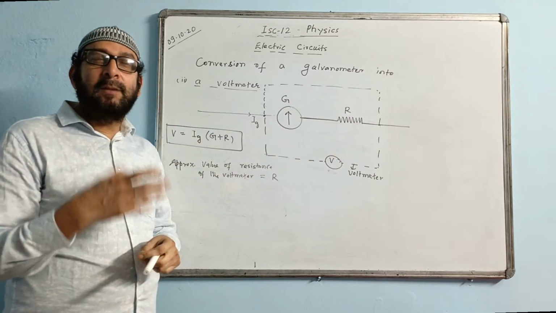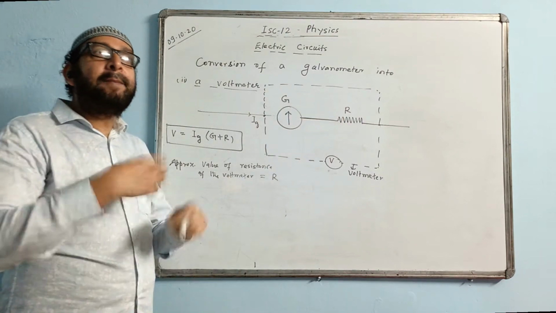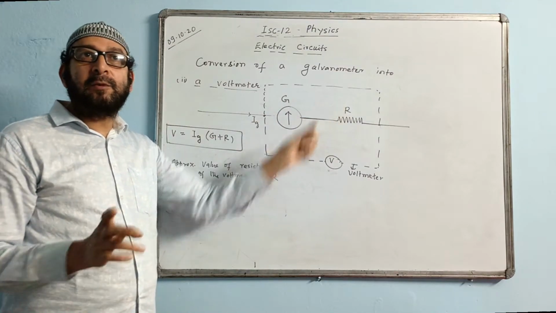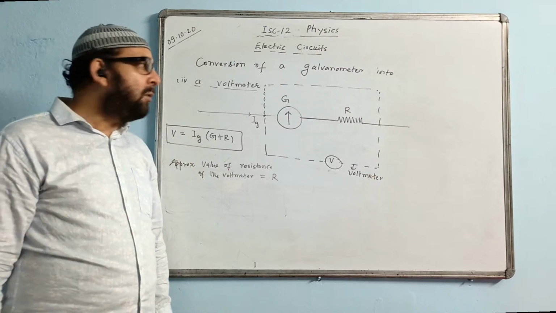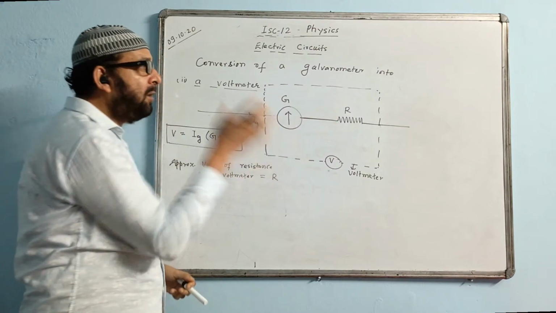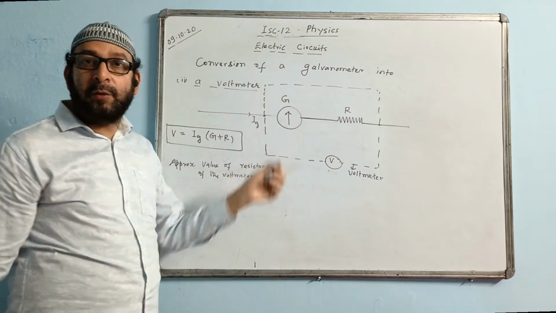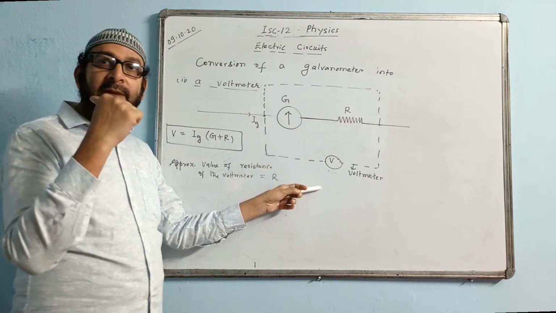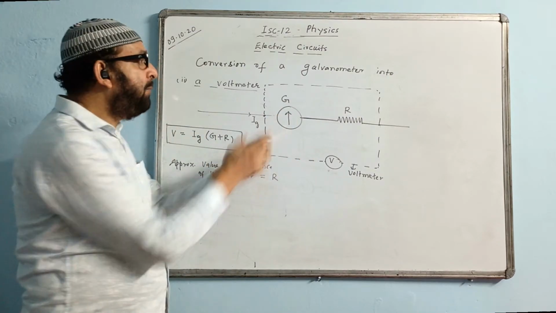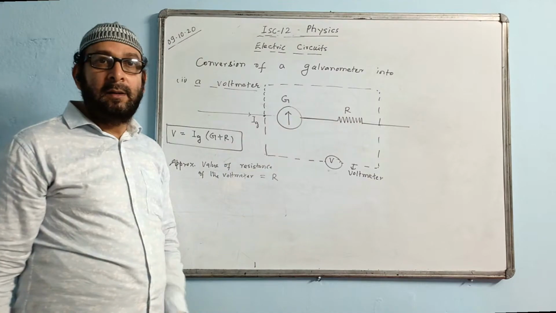But when you take it approximately, 10 is nothing in comparison to 10,000, so we can take approximately 10,000 only. Or if it is 10 and this is 50,000, the actual answer is 50,010, but the approximate value will be equal to 50,000. We take the approximate value equal to the value of R. Whatever extra resistance you are adding, either in series or in parallel, the approximate value will be equal to it. In case of an ammeter, it is parallel, we are putting a shunt, so the approximate value is equal to the shunt. And here we are putting R, that is high resistance, so the approximate value will be equal to the value of R.